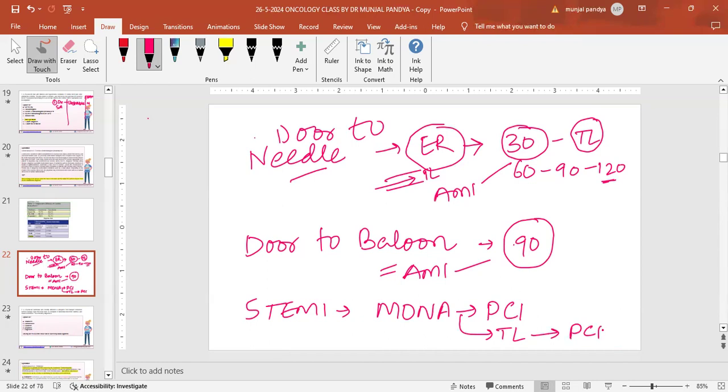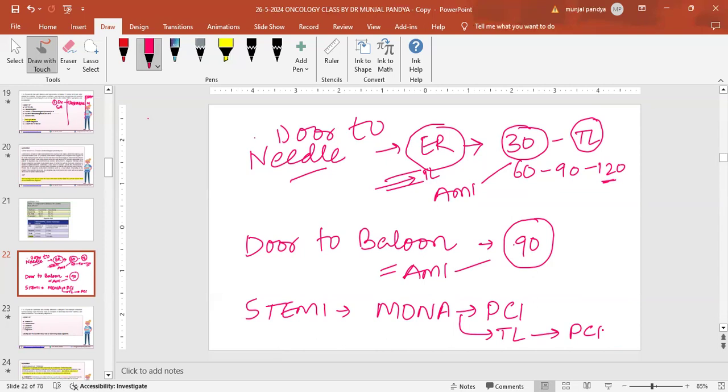So I have many patients who have middle of the night chest pain, and the cardiac hospital is probably 1 hour far. I need to save the life. Patient is not stable, so I immediately give thrombolytic, and once the patient gets stabilized, the clot is open and ST elevation is getting down at the end of 24 hours. Then after 2-3 days, 4 days, I will ship the patient to a coronary unit, or cardiac care unit or cath unit, and they will do the angiography, and if required they will do the angioplasty in the same sitting.